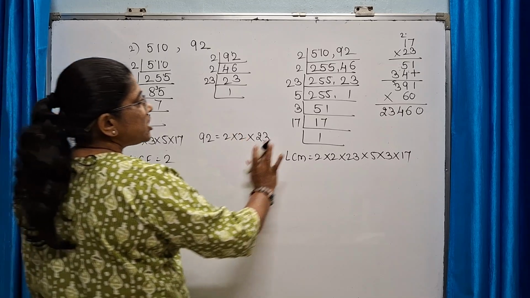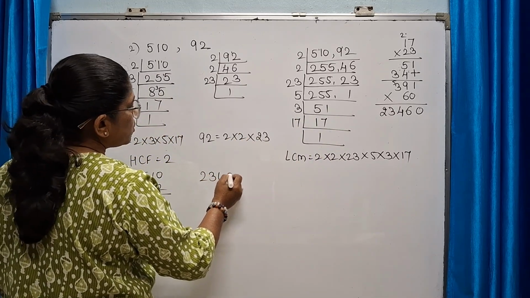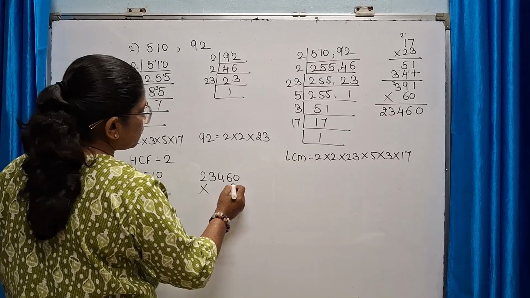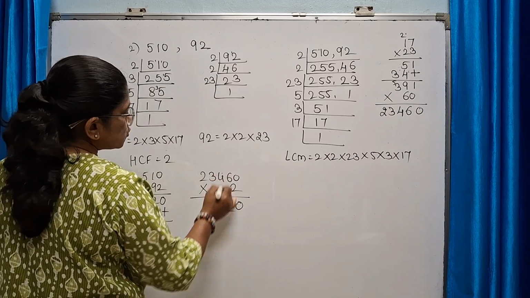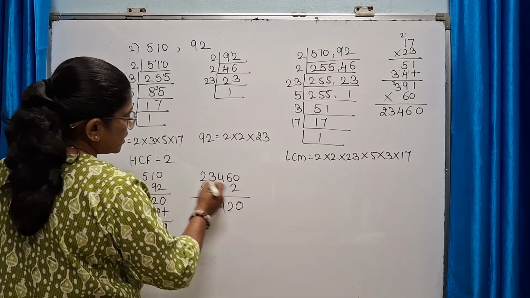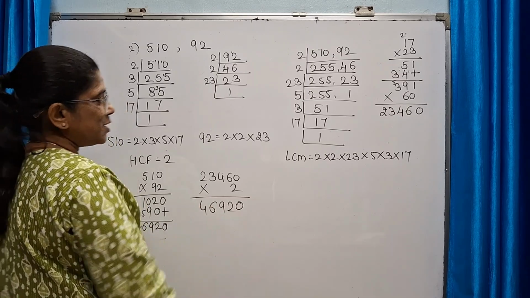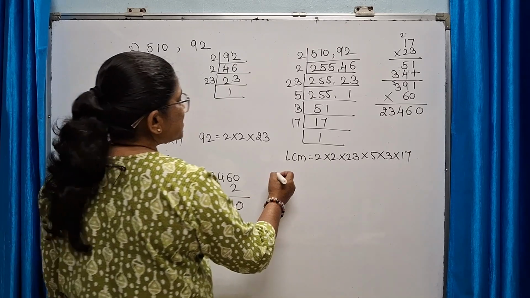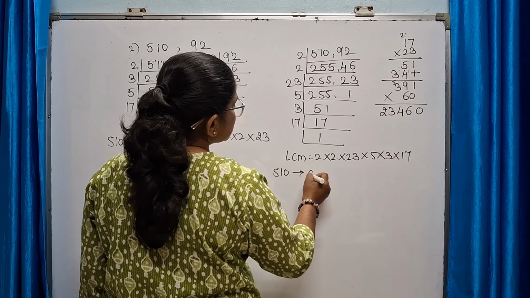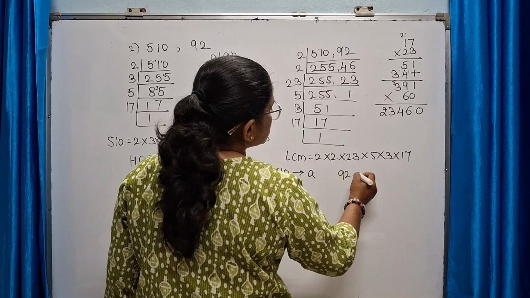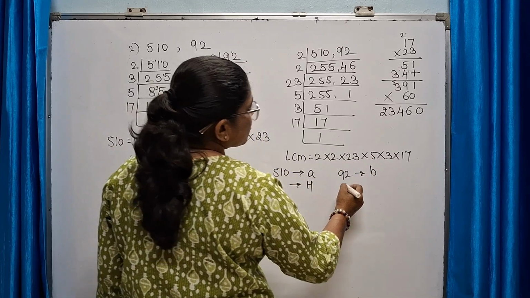Let's multiply HCF and LCM. Our LCM is 23,460 and HCF is 2. Let's multiply this. 2 zeros are 0, 2 6s are 12, 2 4s are 8 plus 1 is 9, 2 3s are 6, 2 2s are 4. 46,920. So if 510 is our A, 92 is our B, 2 is our HCF and